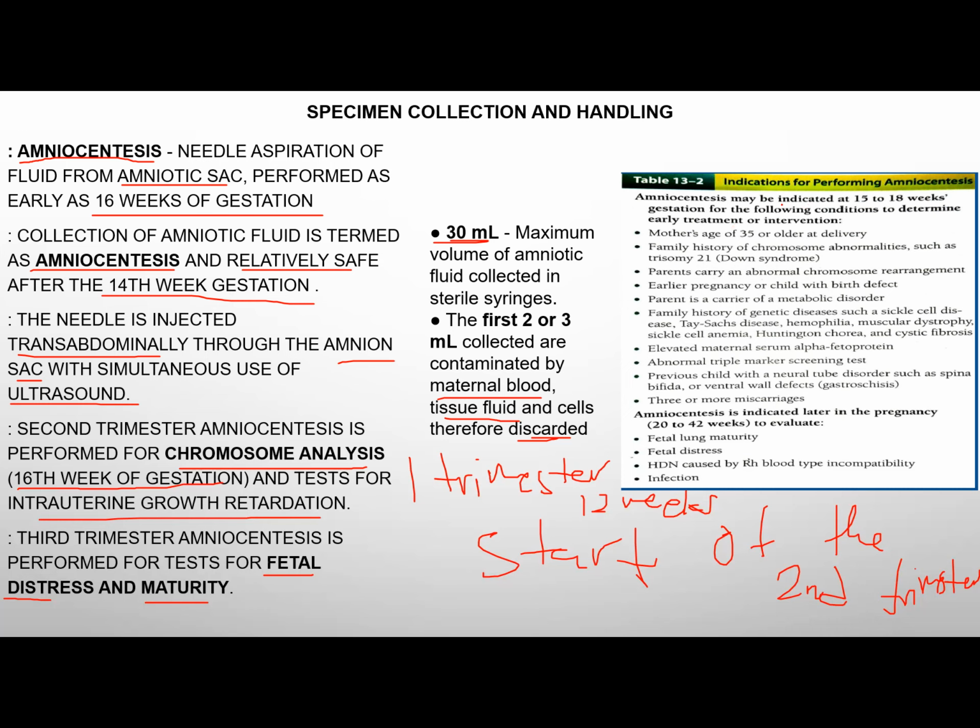So these are the indications, class, for performing amniocentesis. So take note of them. So amniocentesis may be done at 15 to 18 weeks following the different conditions to determine treatment or intervention. So if the mother's age is 35 years old or older, family history of Down syndrome or yung trisomy 21 and other chromosome abnormalities. Parents carry an abnormal chromosome rearrangement, earlier pregnancy or child with birth defect, parent is a carrier of a metabolic disorder, family history of different genetic diseases, class, elevated maternal serum alpha fetoprotein, abnormal triple marker screening tests, previous child with a neural tube disorder, such as spina bifida or ventral wall defects, gastroschisis,